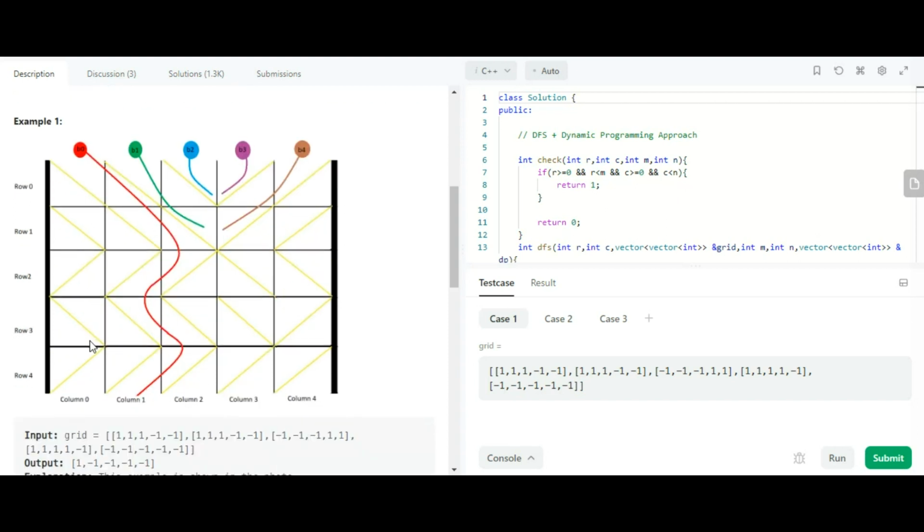So here is the biggest catch, or we can say hint, that we can use dynamic programming, as we have already solved many problems related to dynamic programming on grids. We need to use depth first search, DFS, or we can say recursion. So we are calculating the same thing again and again.